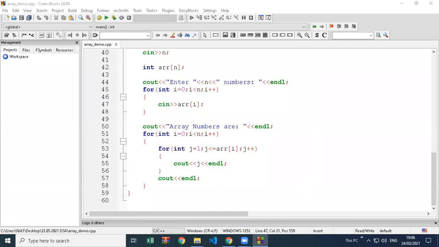Okay, so who can try this part? Who is going to try this part? Anyone? The code is already ready. 90% we can say the code is already ready.